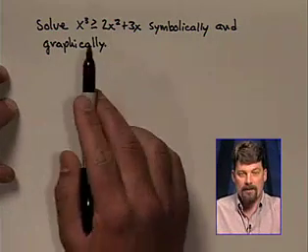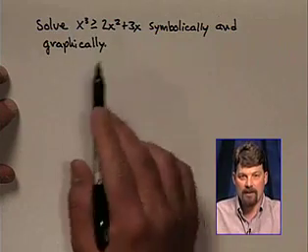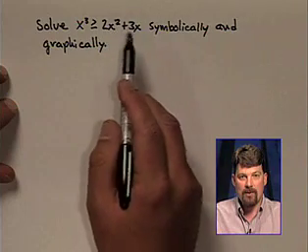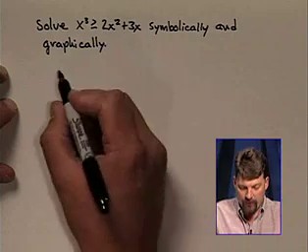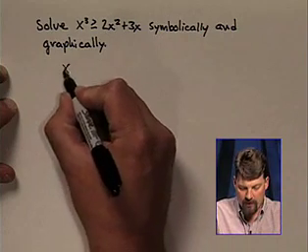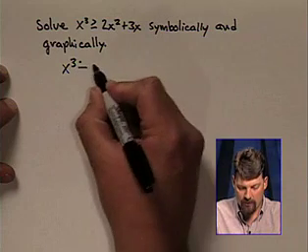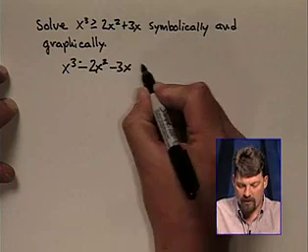Now notice that we don't have a 0 on either side of this inequality. So my first step is to get a 0 on one side or another. So I'm going to subtract these two terms and move them to the left side. That'll give me x cubed minus 2x squared minus 3x, and that's greater than or